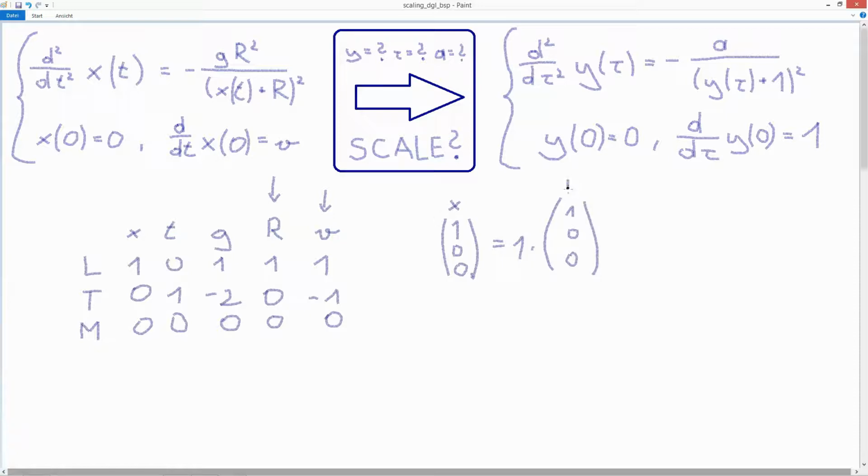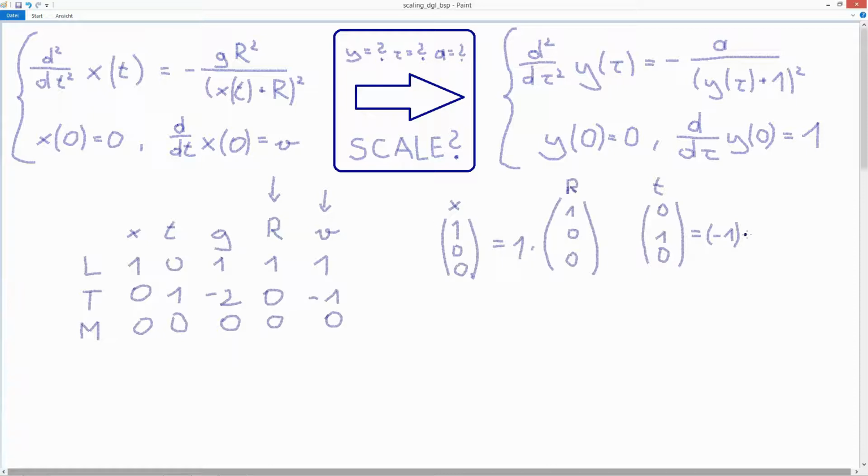And this here is the R column. So the next column is the T column, 0, 1, 0, and we have to write it as a linear combination of these two columns, which is also pretty easy because this is minus 1